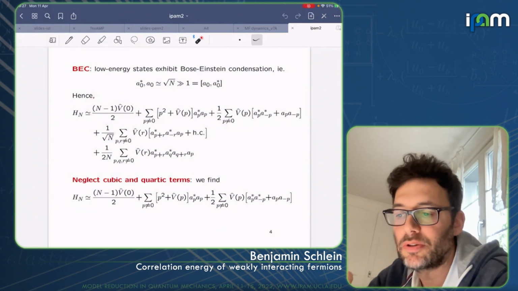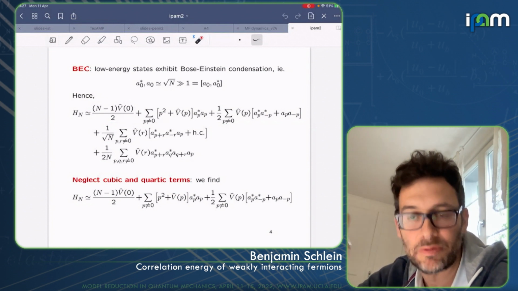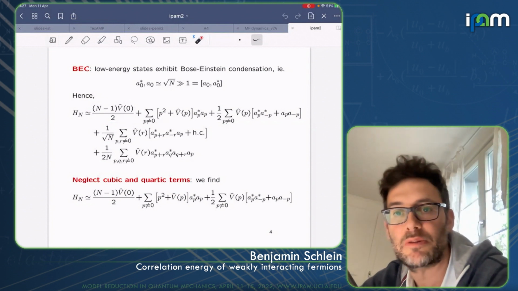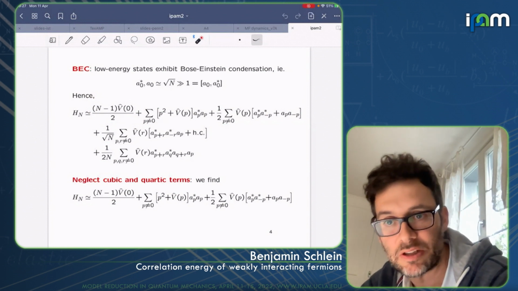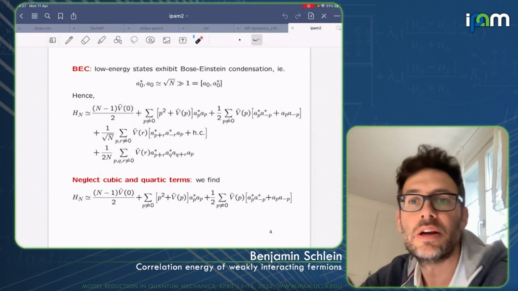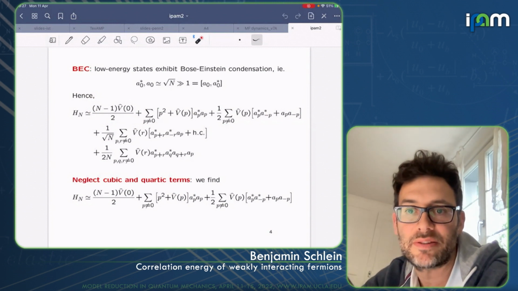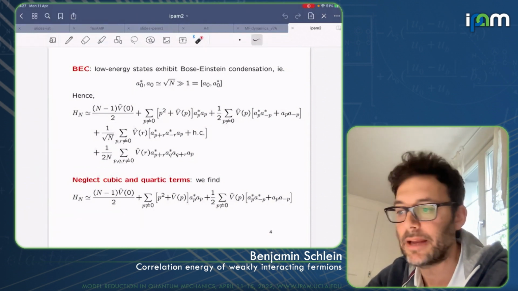Good. So there are no terms where the free creation operators, or the free labels of these operators, are equal to 0 while one is different from 0, because you have conservation of momentum, so it's not possible. So the next contributions are those where you have two operators a_0 and a_0 star and two operators which are not equal to 0. Okay?